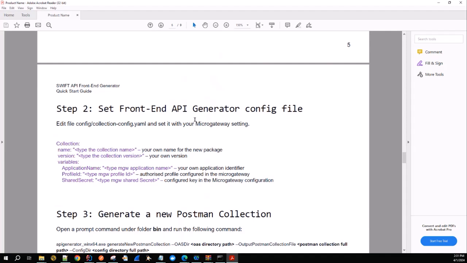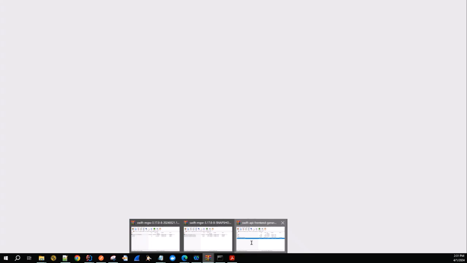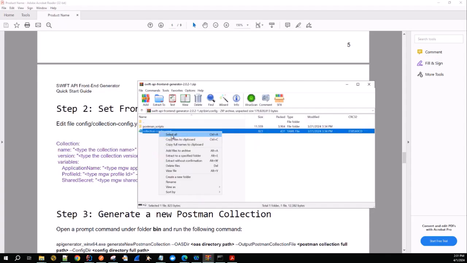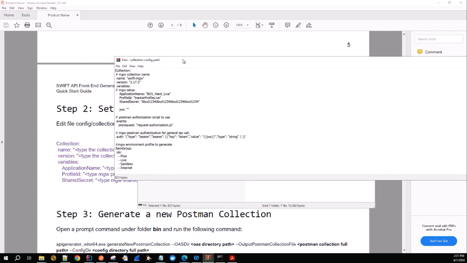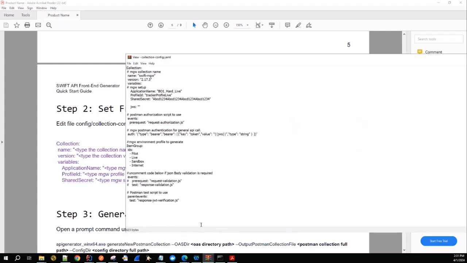So step 2 is to configure the front-end generator. So to configure the front-end generator, you have to come here. You have to go to config, and you need to edit that file. Right. So the configuration of the API front-end generator is quite straightforward. Before we go into the details, the configuration is not mandatory. The configuration here is purely to simplify